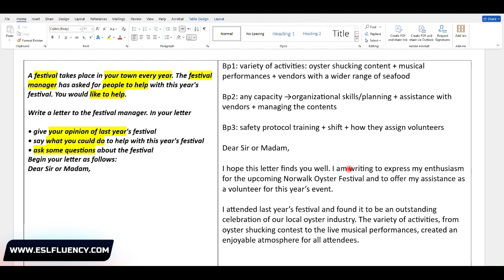And the food vendors also offered an impressive array of seafood delicacies, which was a real highlight for me and my family.